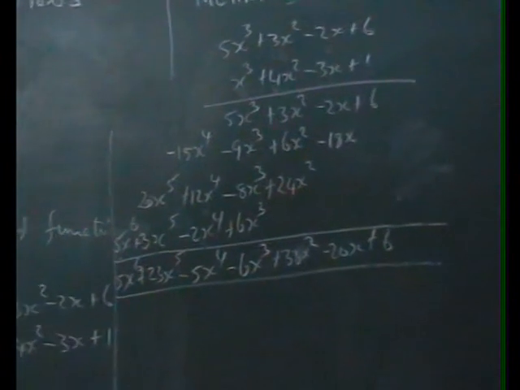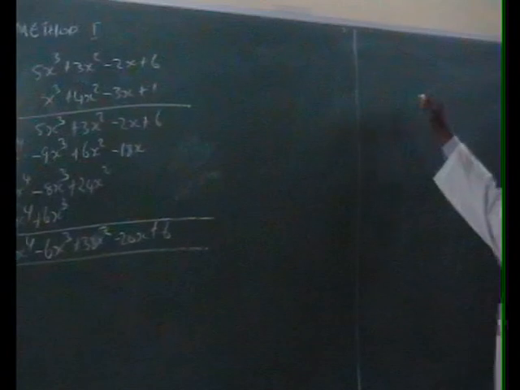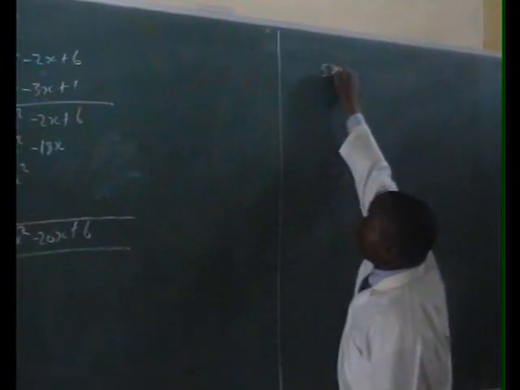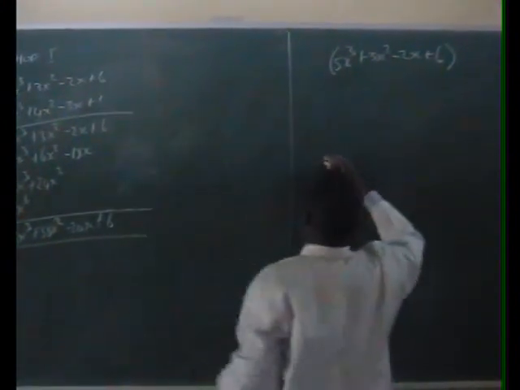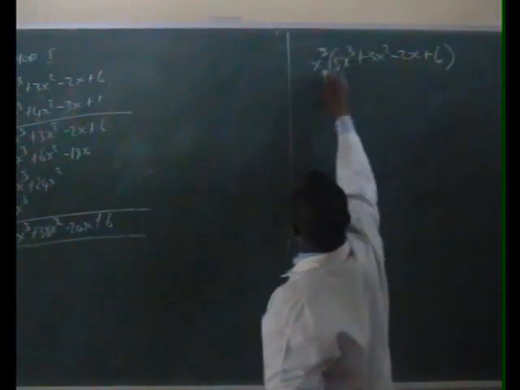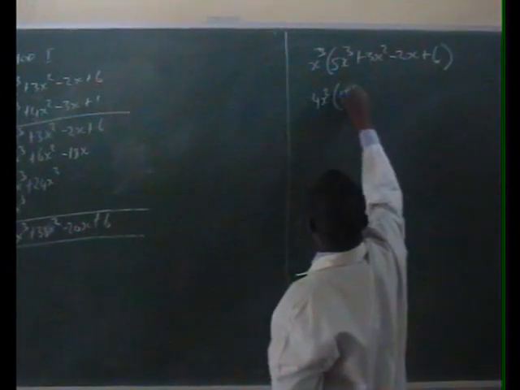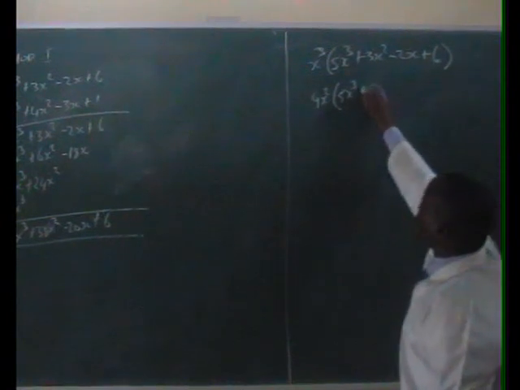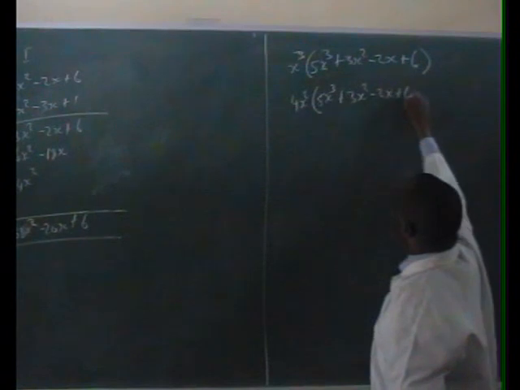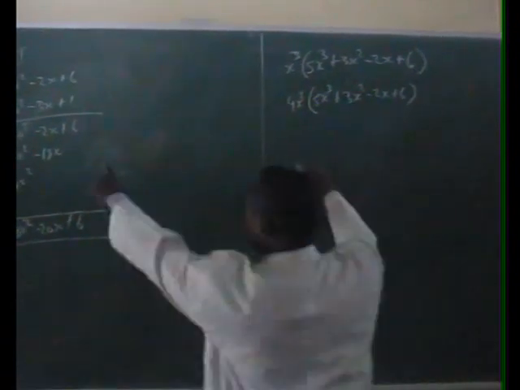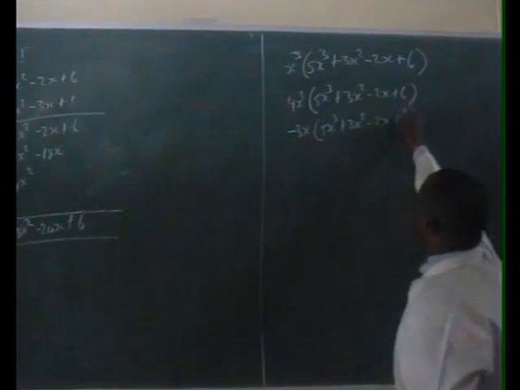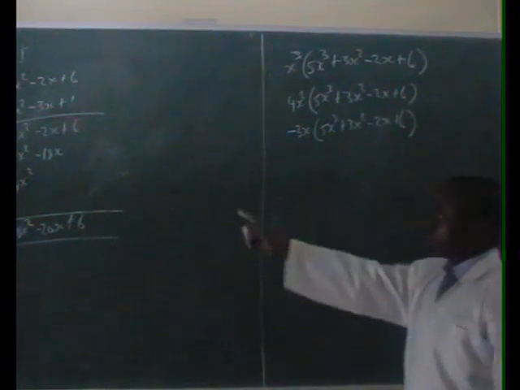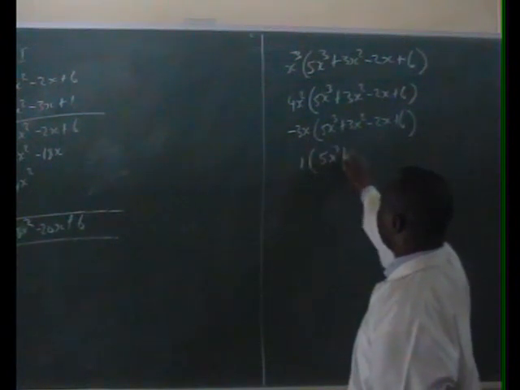But we have another method also that we are going to look at. You can do it in this form: 5x cubed plus 3x squared minus 2x plus 6. Then we bracket it and we pick each term. I'll pick the first one, x cubed. Then the second one is 4x squared. Then I will still write back my function, 3x squared minus 2x plus 6. Then the third one is minus 3x, and then 5x cubed plus 3x squared minus 2x plus 6. Now I'm going to also pick the last one, which is 1, 5x cubed plus 3x squared